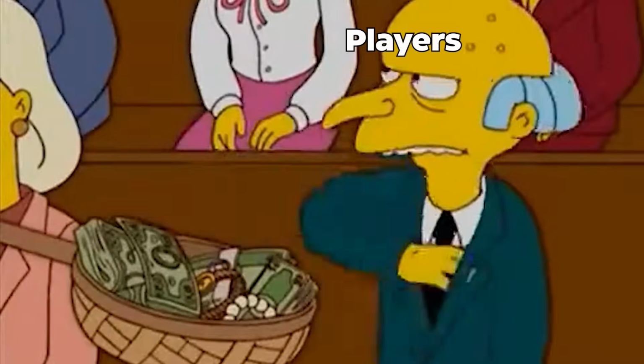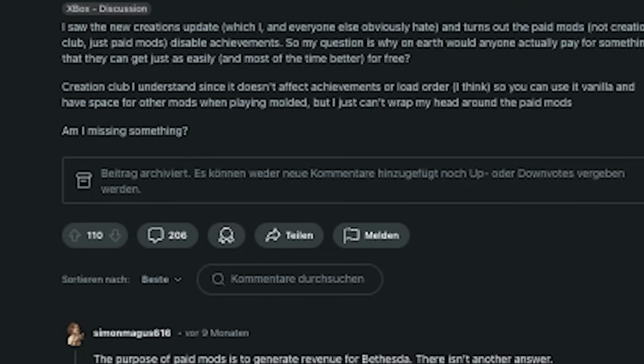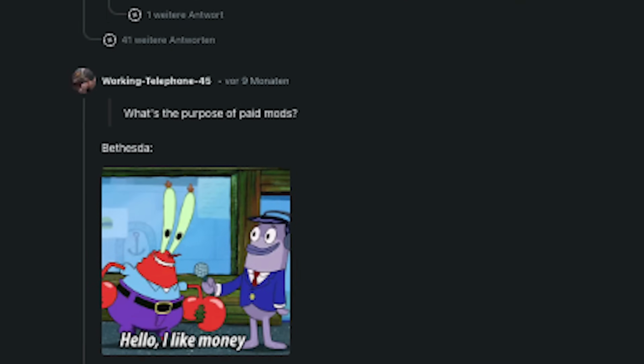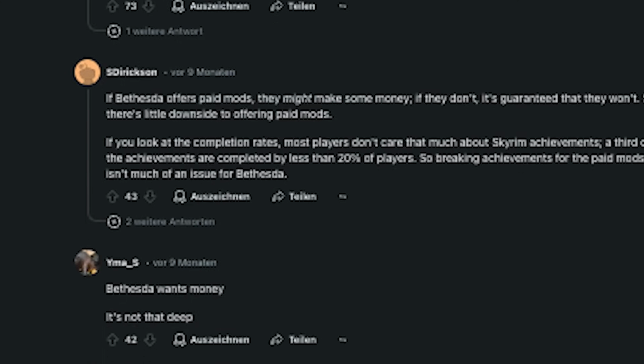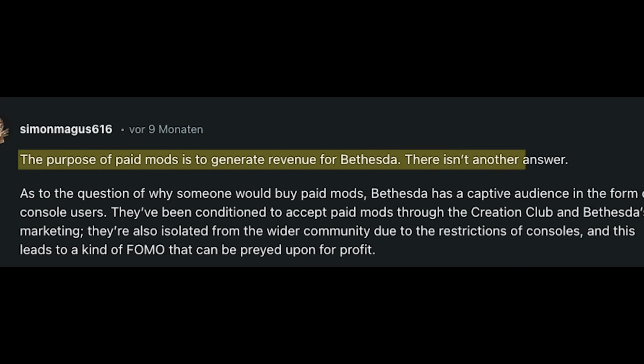So, in 2023, they reintroduced paid mods to Skyrim. Looking through Reddit, you could see that countless players were asking why they put the paid mods for Skyrim back in. And one user pointed out perfectly. He wrote, "The purpose of paid mods is to generate revenue for Bethesda. There isn't another answer." And despite Bethesda claiming that this time modders would be getting paid fairly for their work,